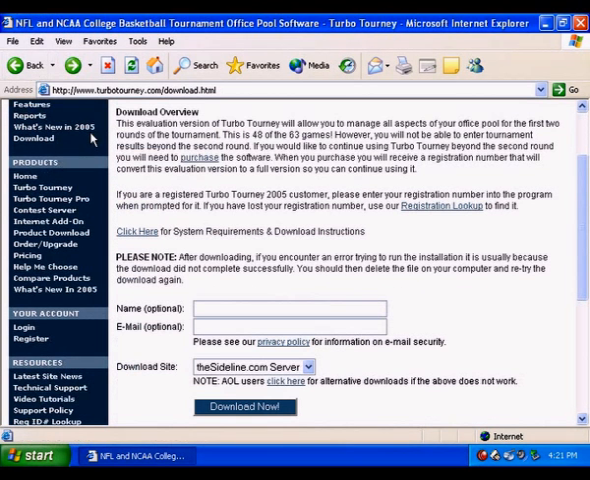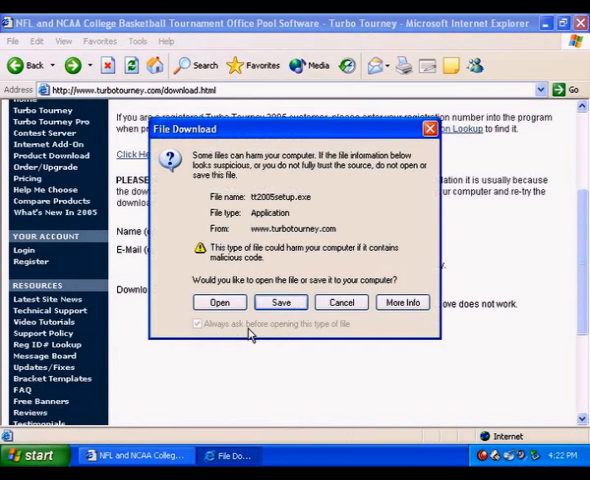So back on the download page, you can provide your name and email address if you want to. It's not required on this page, but if you'd like to go ahead and provide it, you can. And if you do, you'll just get an email kind of telling you about the download and the evaluation and other information about the product. So we'll select the download button, and we're prompted now by Internet Explorer that we're downloading an executable program, and